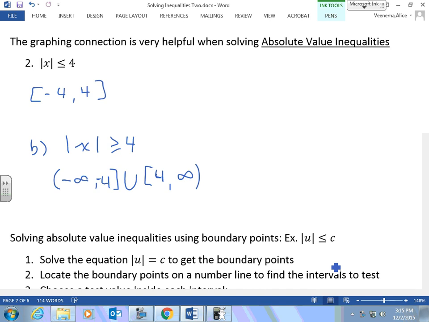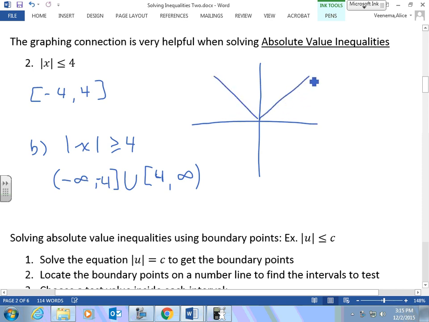If I just do a rough sketch of it here, the function goes like this, and when is it less than 4? At these two spots, this one was the point 4, and this one was the point at -4. So the boundaries were really -4 and +4. Those are the boundary points, okay? And that would be the first step, to figure out the boundary points,